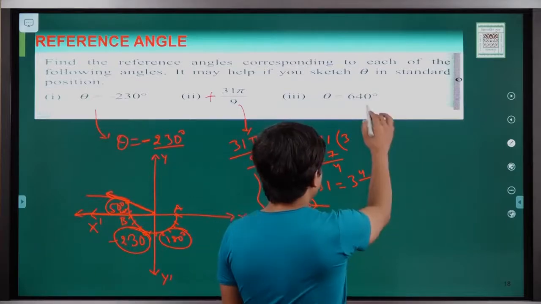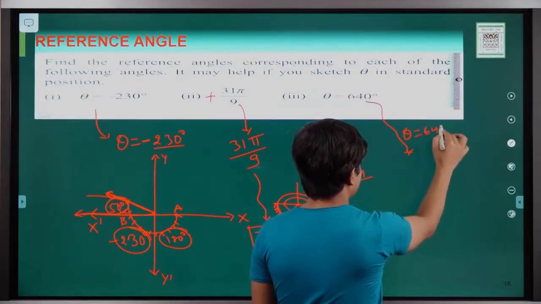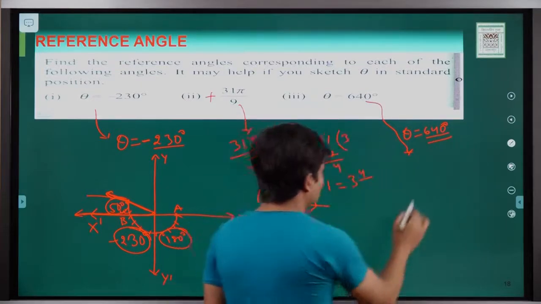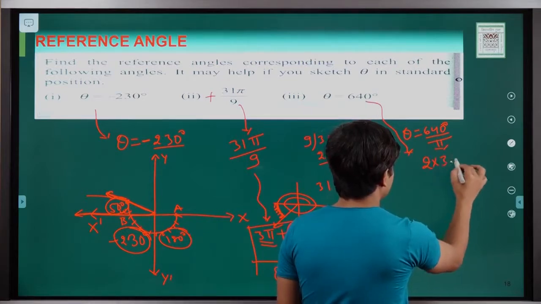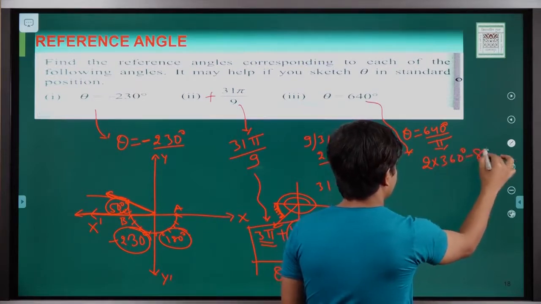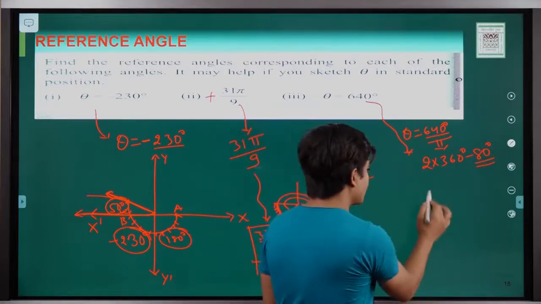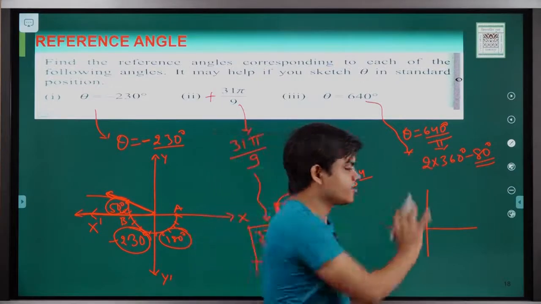Now, what about 640 degree? If our angle is 640 degree, okay. So we know this 640 degree is what? 2 into 360 minus 80 degree. Is this clear? Means one complete rotation. 2 into 360 and minus 80 degree means